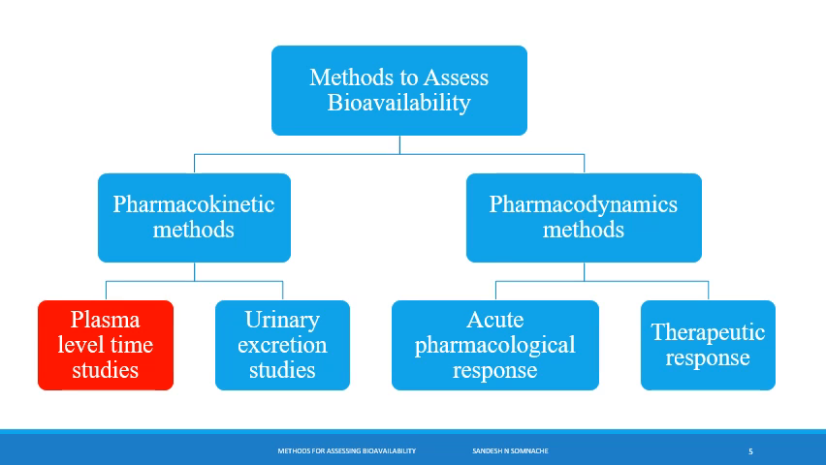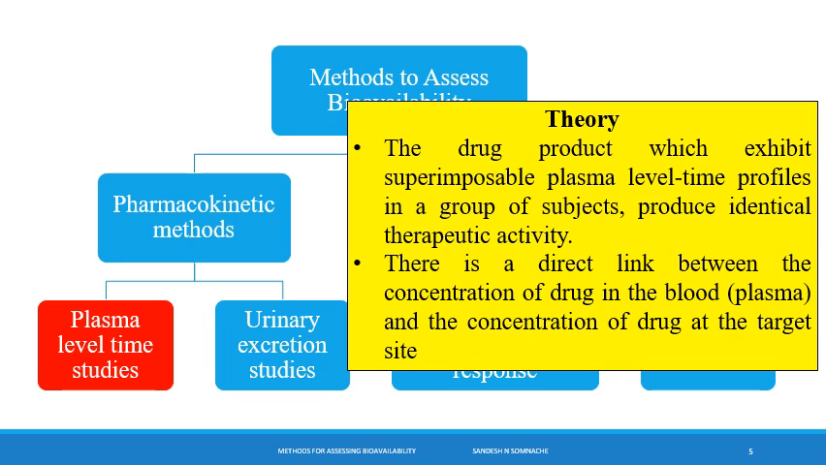One by one we will discuss these methods. So the first one is plasma level time studies. Here we are assuming that a drug product which exhibits a superimposable plasma level time profile in a group of subjects or volunteers produces identical therapeutic activity, and that there is a relationship between the concentration of drug in blood and the concentration of drug at